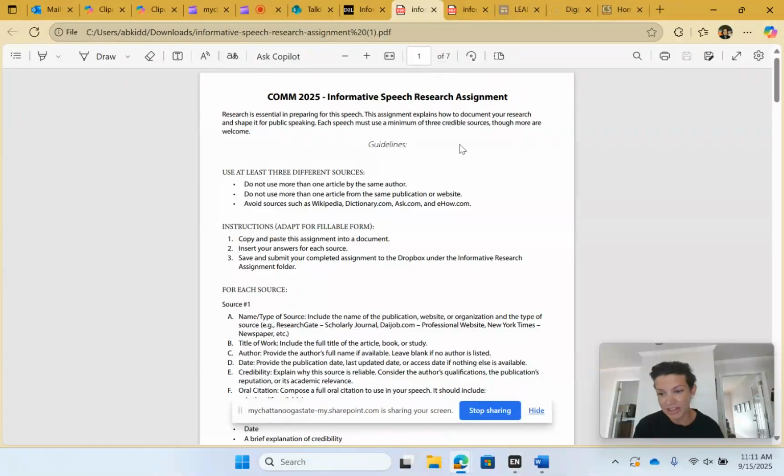And so we're going to be working on making sure that we gather credible information and submit it to the Dropbox. So we are restricting your use of Wikipedia, although that is a great starting place. And I've embedded the research librarian, and I'll show you where you can find her because she's also a strong advocate of using Wikipedia as a starting place for your research. Dictionary.com, ask.com, and ehow.com are also restricted, and that is all in favor of allowing you to use richer sources of information that you can bring